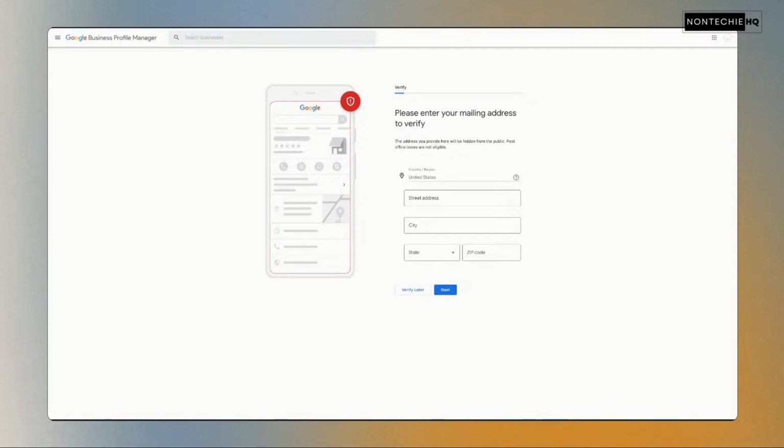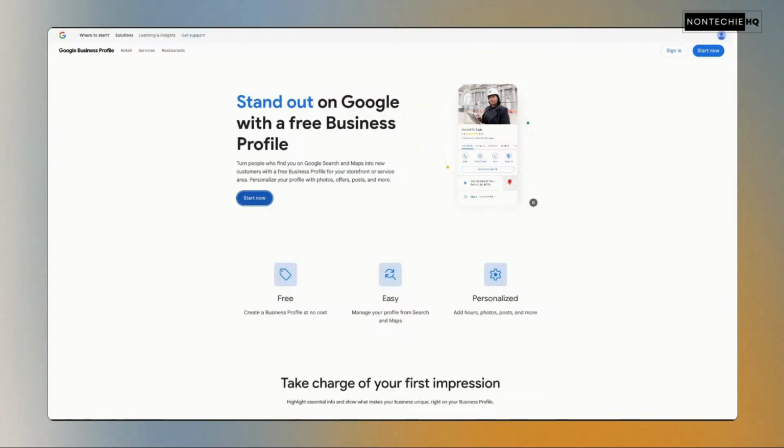So if they want to send you ad credits or updates, notifications, then they will do that to your mailing address, not put it publicly. So you can verify this later, but I'm going to go ahead and put this in real quick, and then I'll come back to this page.